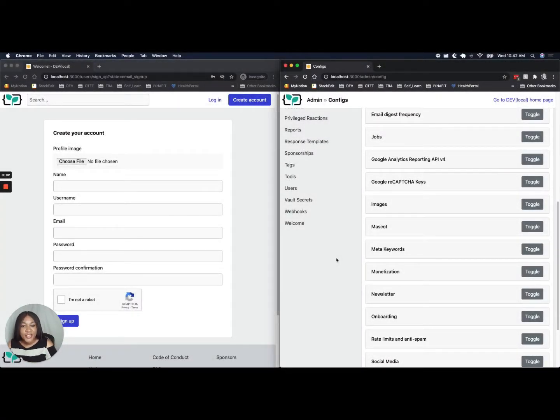This is part 2 of our building out the ability for forum admins to enable or disable Google ReCAPTCHA during email sign up. All right, now the first thing I want to do is get to